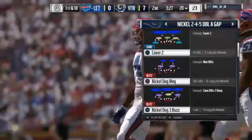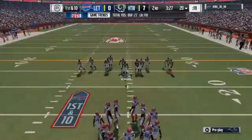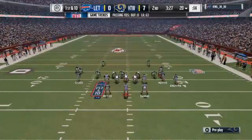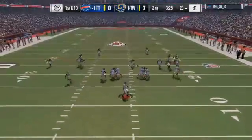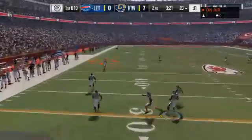And following the interception, just any interception, are you a little bit more cautious when you start that next drive, or no, you just throw that out the window? I think you are. I don't think that there's any way you can run back out there and go, totally didn't affect me. Let's just go ahead and be loose with the football again. You're going to take care of it, but you have to be careful about being...